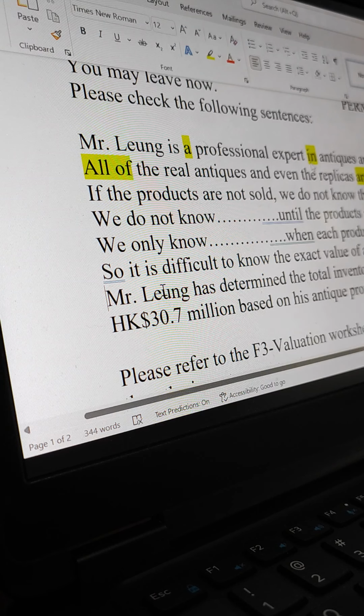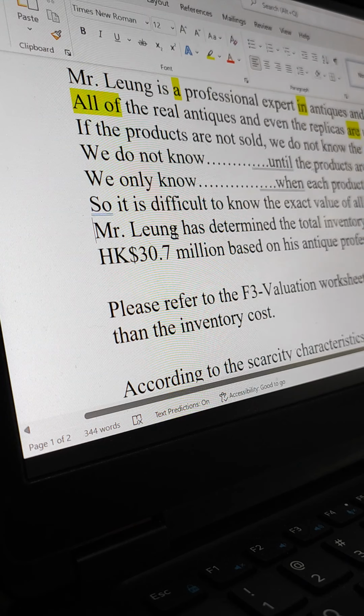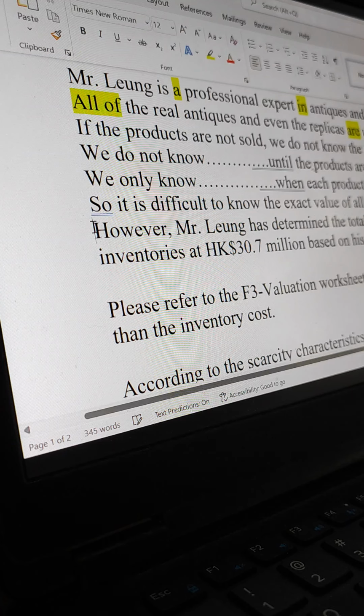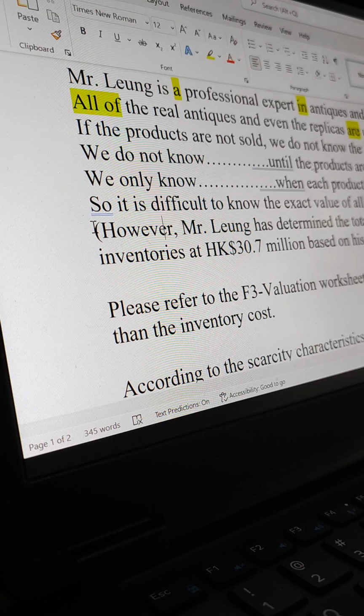You should say, we only know the current market price when each product is sold, so it is difficult to know the exact value of all of Mr. Leung's inventory. Maybe you could say, however, or you could miss out the word however, just like this, and say, Mr. Leung has determined,